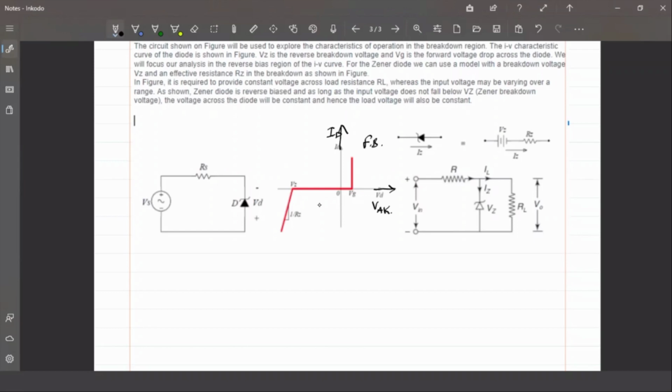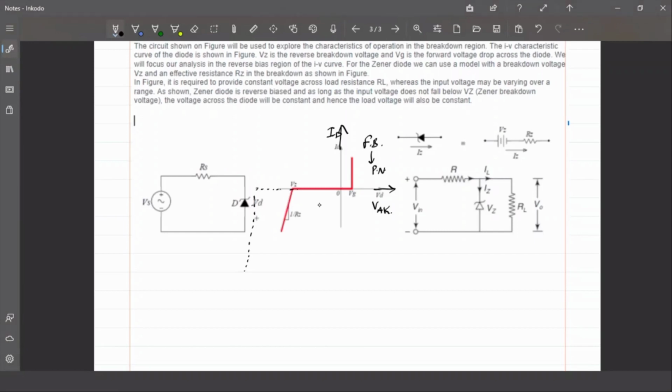Okay, this is in the positive direction. So in the first quadrant, this behavior is similar to that of a normal forward biased PN junction diode. But in the reverse bias condition, it has a lower breakdown voltage. For a normal PN junction diode, if we keep on increasing the reverse voltage, it may break down somewhere here, like this, and it is still farther when you compare it with the Zener. So for a Zener diode, this reverse voltage at which the junction actually breaks down is low.